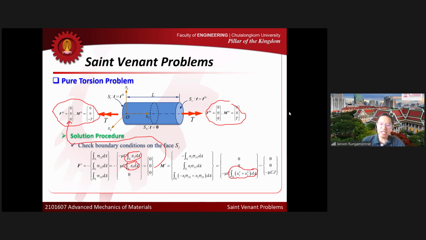If you compare the thing that you got here, this is the one generated by the stress field at the left end. And compare it with the one that you got here, that is the one that is prescribed, or the one calculated from the prescribed traction. So if you compare them, you need to get the same values for both terms here, because you want to make sure that the net moments are the same to satisfy the condition